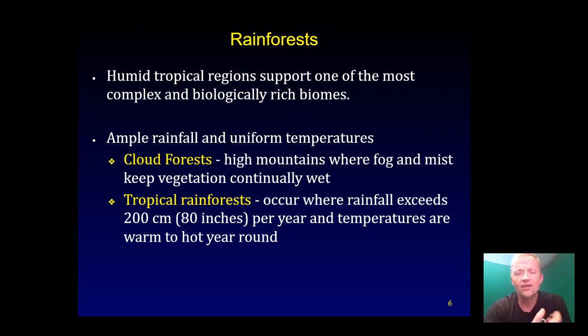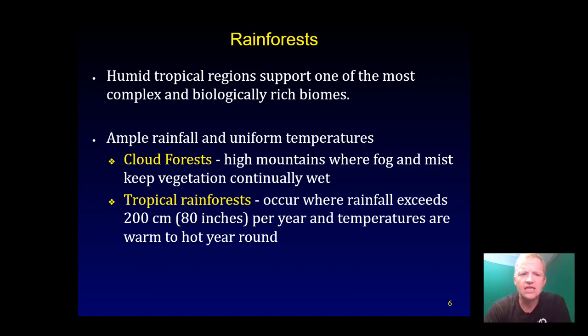Well, you get a lot of sun, you get a lot of rain. When you get a lot of those two things, you have an explosion of growth. There's more plant life that can grow because there's more sun. Then if you have more plants growing, you have more food for the primary consumers, and then the secondary consumers. So do know that these areas tend to be much more diverse, and we'll talk about them. But when it comes to environmental science, tropical rainforests are probably the most important because they just have so many more species than the other ones do.